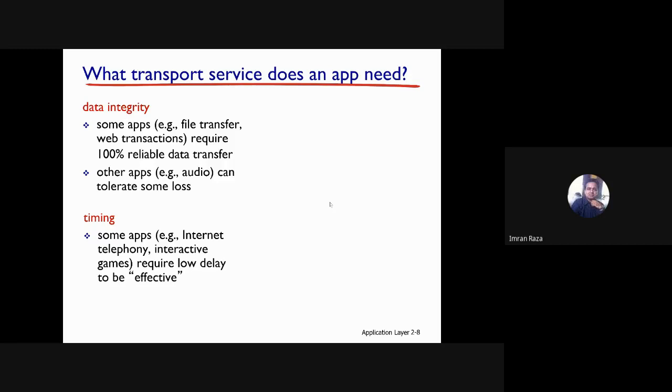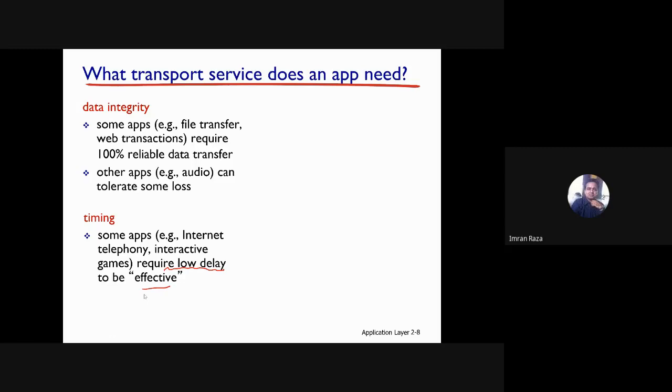And such a service would be very appealing to interactive real-time applications such as internet telephony, virtual environments, teleconferencing, multiplayer games, right? Why? Because all of these applications have tight timing constraints on data delivery in order to be effective, right? So these are the applications where we need low delay in order to be more effective, right?